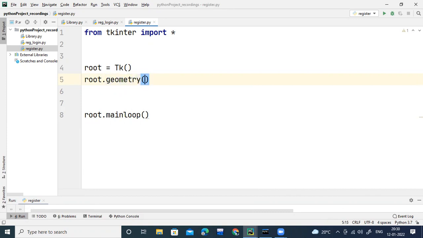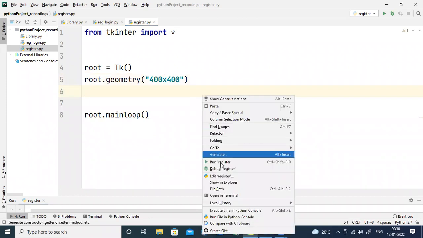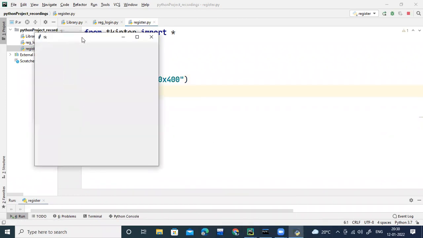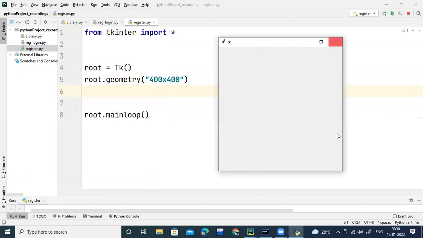Inside this, in string format, I'll write 400 x 400. This stands for width and this stands for height. If you right click and run it, we'll get a new window with 400 width and 400 height.